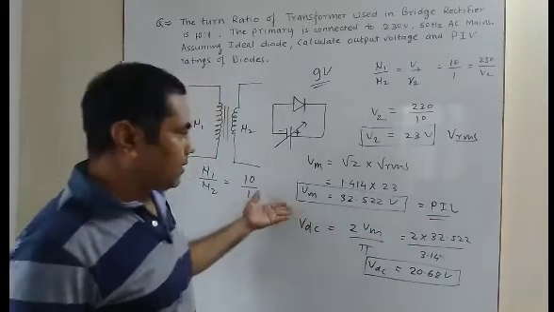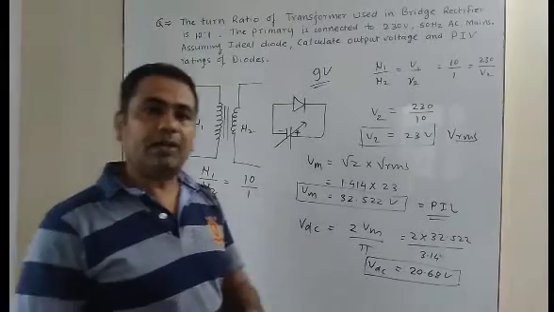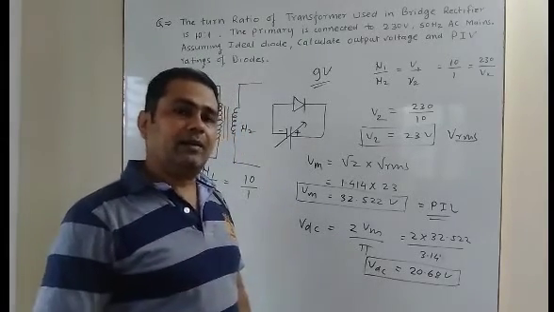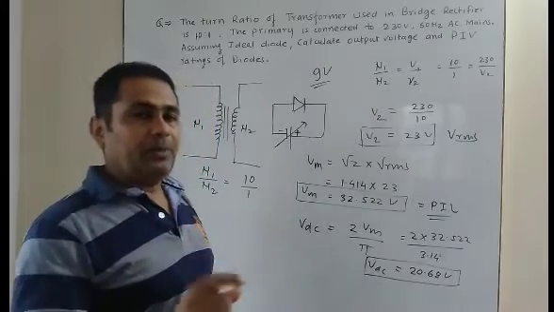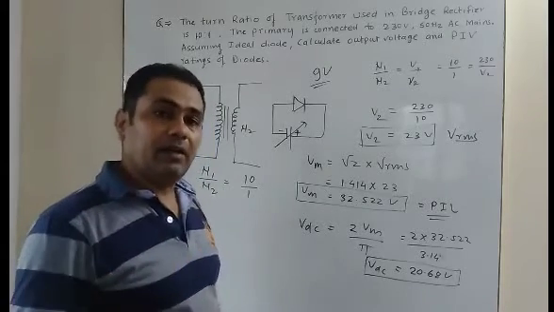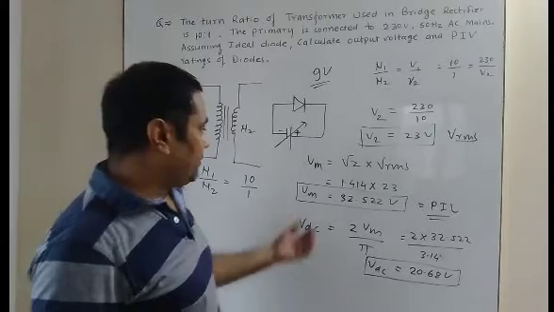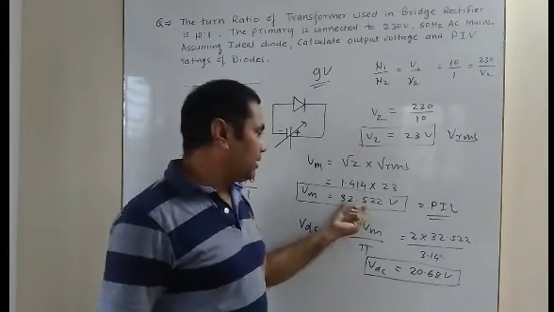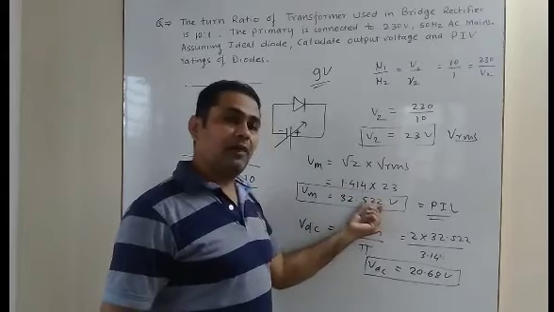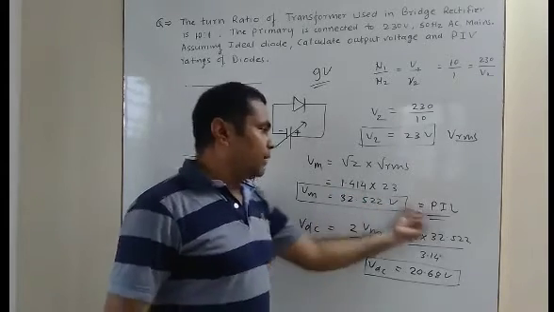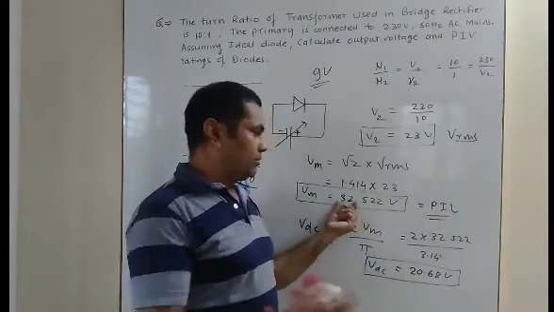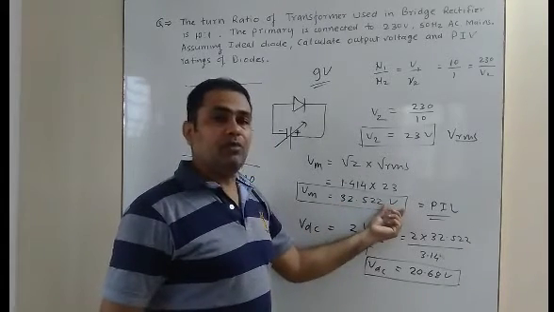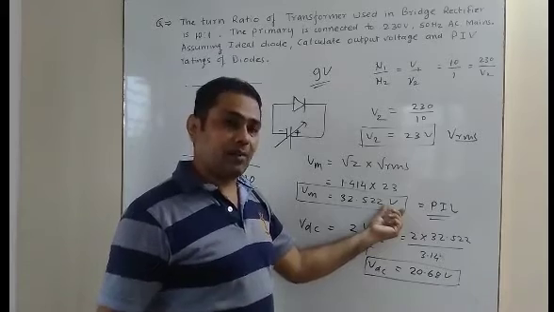In the center tap transformer, two rectifiers are simultaneously applied on the diode, so in that rectifier the peak inverse voltage rating also gets doubled. If the max value is like this for a full wave rectifier using center tap transformer, then this should be doubled. So a diode with a peak inverse voltage rating of nearly 64 volt can be used in the full wave rectifier using center tap transformer.